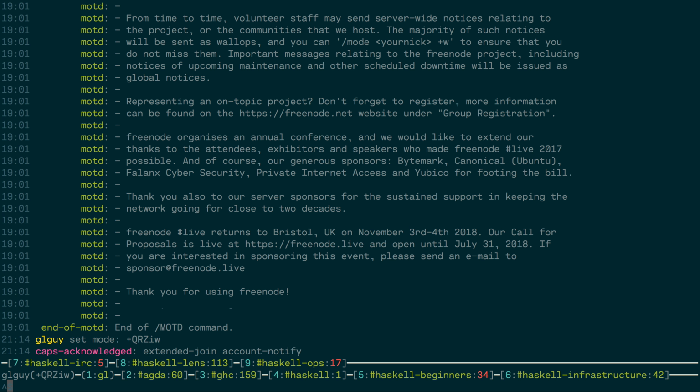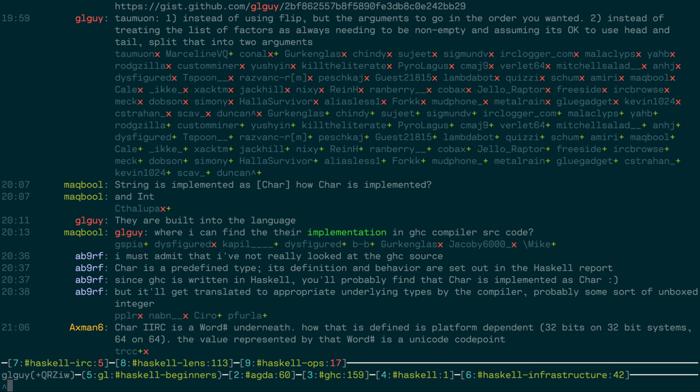Well, we can jump over to the Haskell Beginners channel, channel number 5, so we do Alt 5. This is the normal ZNC glirc view. We collapse all the joins and parts into single lines where possible, so that's all of the little green pluses and red X's. One of the features of glirc is you can switch to detailed views on demand by pressing